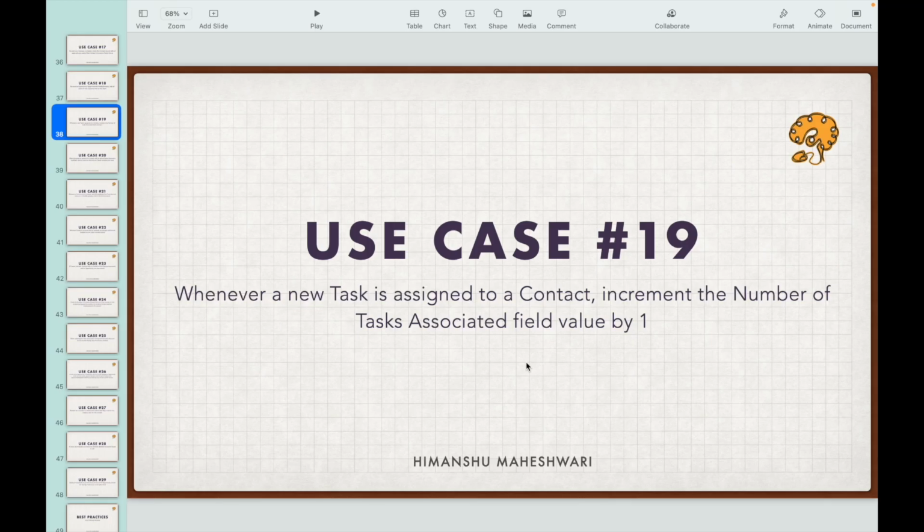Use case 19. Whenever a new task is assigned to a contact, increment the number of tasks associated field value by 1. So what we have here is a field on the contact object, and this field is called number of tasks associated. Right now, every time you create a new task that is assigned to, or rather related to, a contact, we would increment the count of the number of tasks on the parent contact